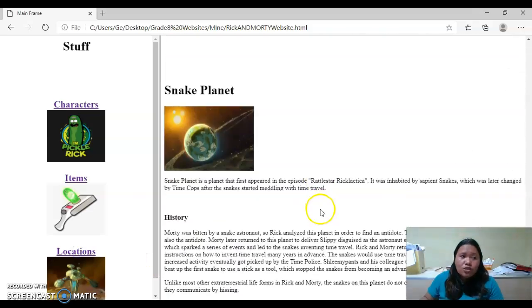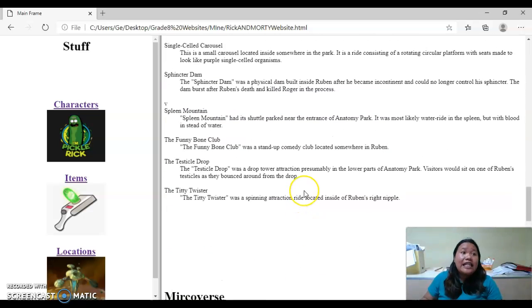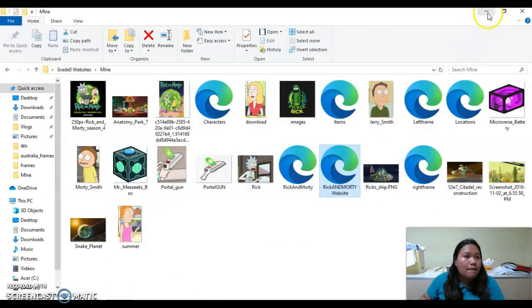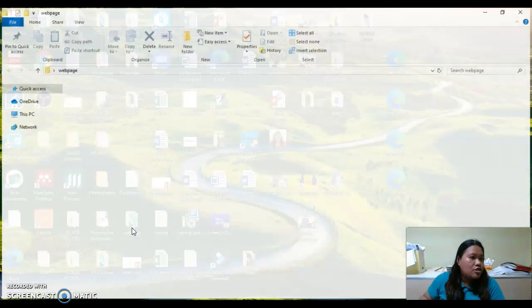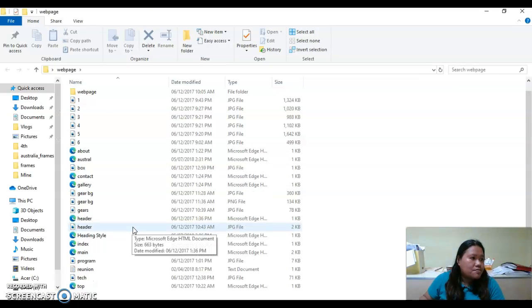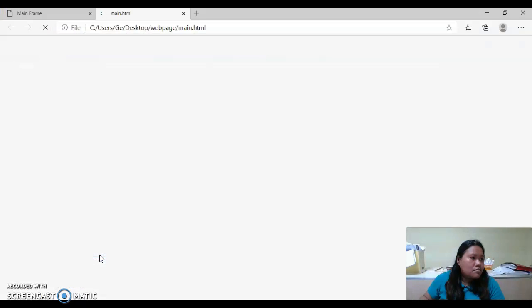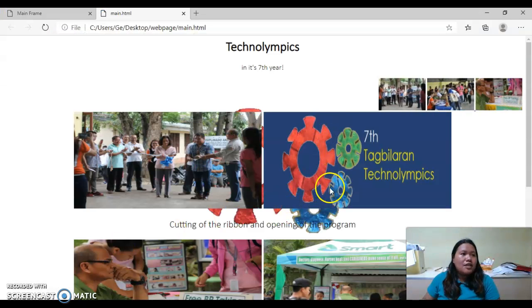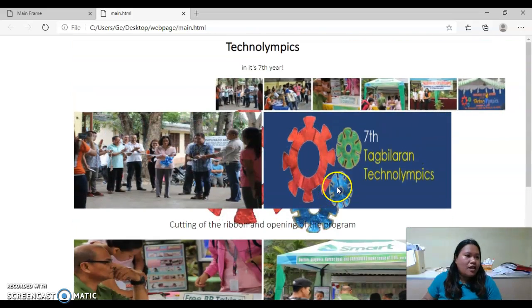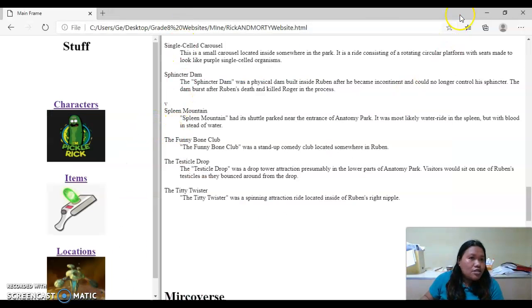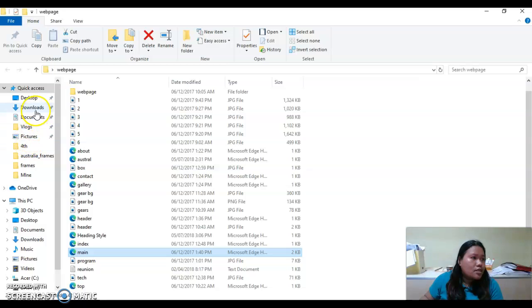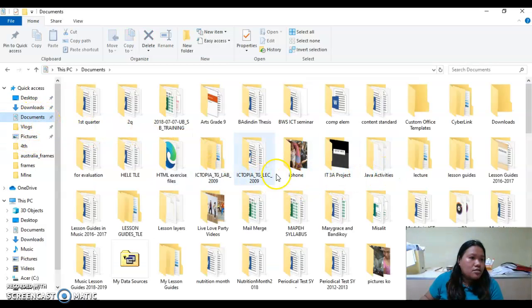So how should we do this? Okay? Let's start with the content or the frame first. One more, I'll show you another example. Frames. Where is the page? Okay, this is the example. No, this is not the real one. I'll show you another example. Where is it? HTML.